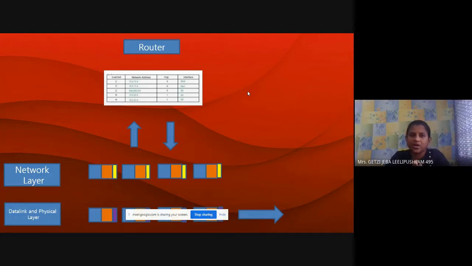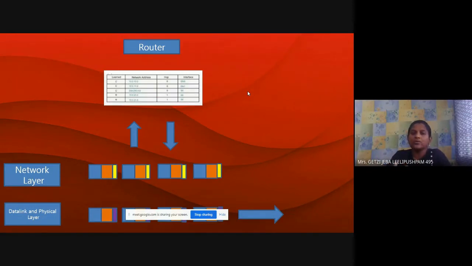All these questions he will not ask. If he asks such questions, you will never talk to him, right? What he will ask is, you're going to Chennai, sir. Which place do you want to go? Chennai. Then go straight. So it is the same thing with the router. The function of a router is to find out where the packet should go and route it. That is the function of a router.